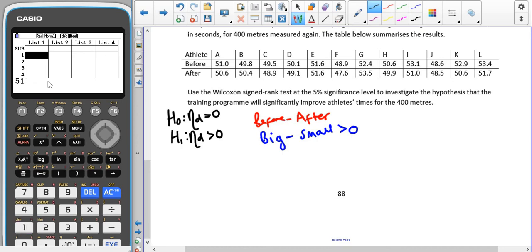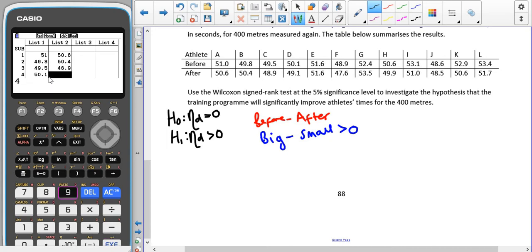So 51, 49.8, 49.5, 50.1, 48.9, 52.4, 50.6, 53.1, 48.6, 52.9, 53.4, and then in list 2 we're going to type in their after times, so 50.6, 50.4,